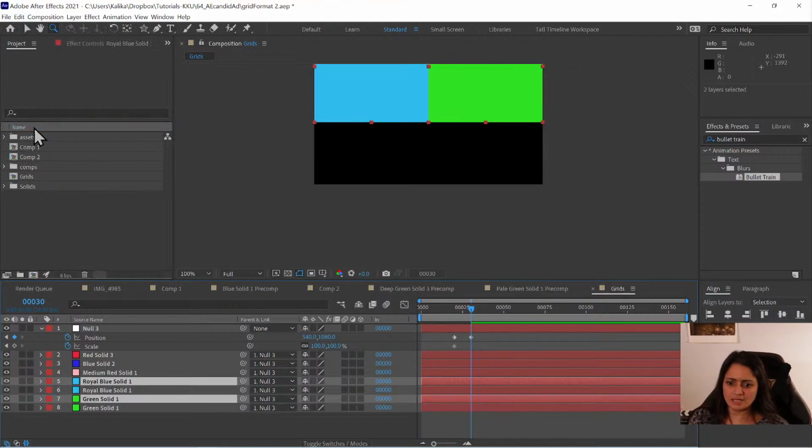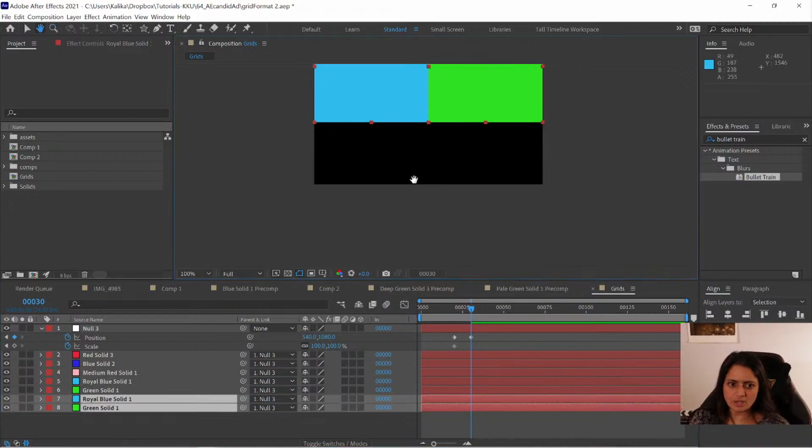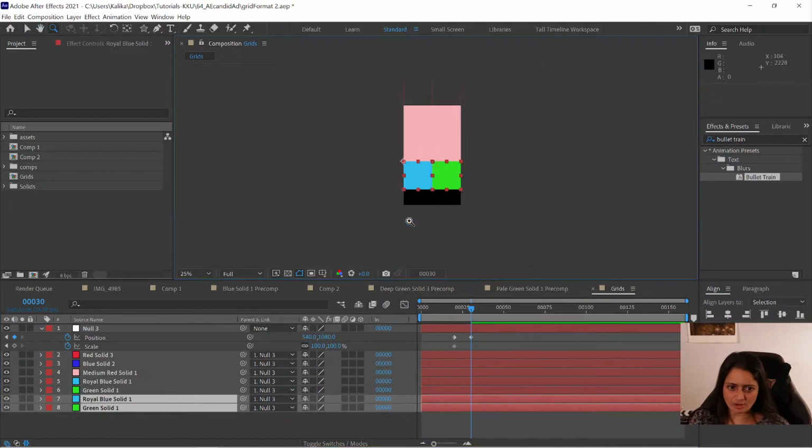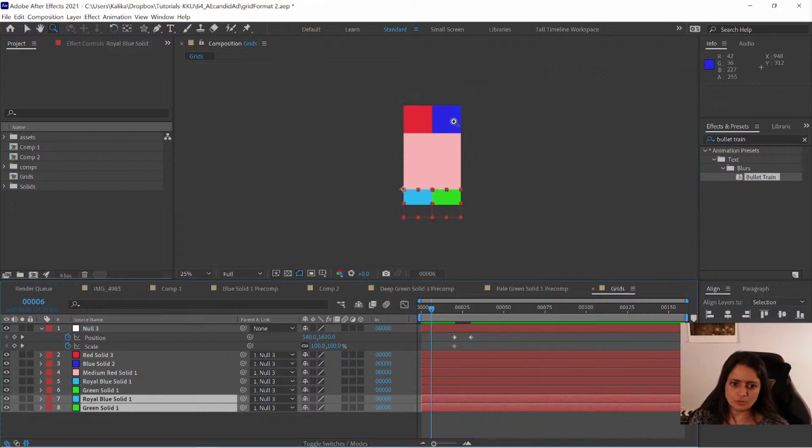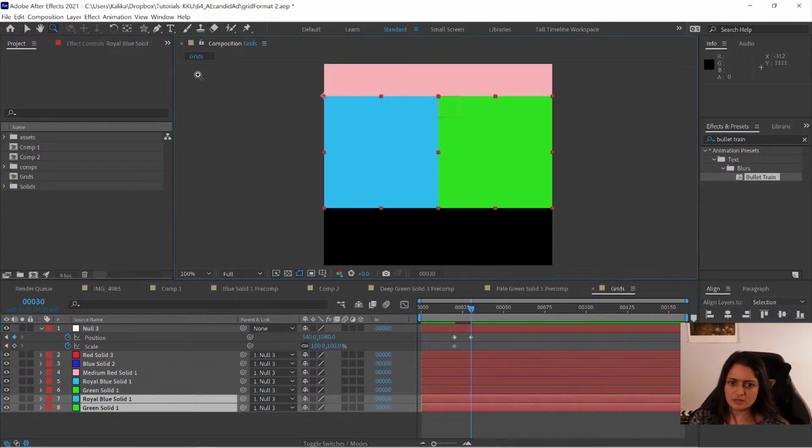Now, if you're getting kind of confused at this point because you used a bunch of random colors, you can always just click on the colors and do similar colors to what I did. So remember, I had red and then blue, and then I had pink in the middle, cyan and green. And then when we went over here, I ended up with pink at the top, cyan and green at the bottom. Okay. So then these guys, I'm going to just zoom in here, and I'm going to move this guy down all the way,